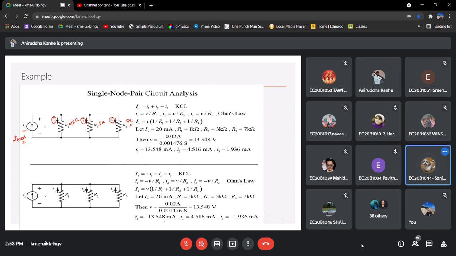Oh, yes, sir. Now, can you use that one and tell me how it can be done? First, we'll find effective resistance of R2 and R3, sir. R2 and R3. Yes, absolutely right. That's what I was looking for.